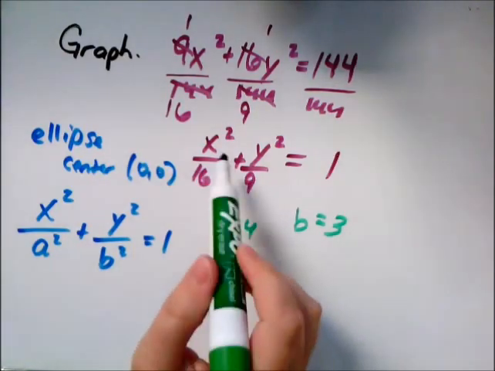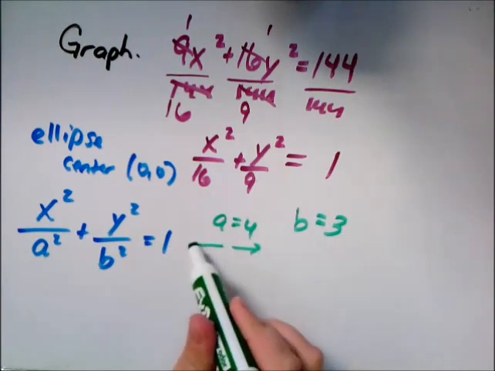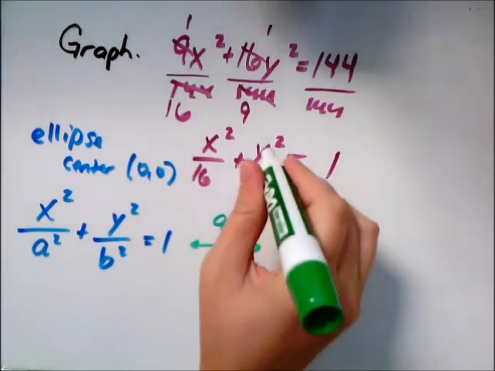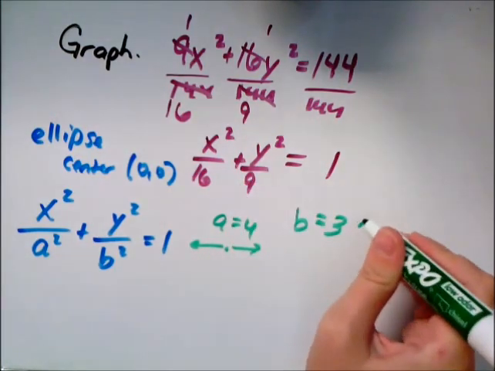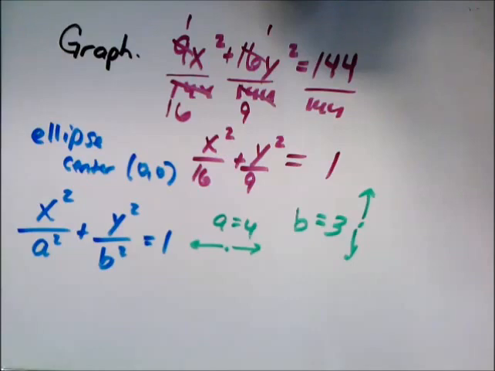The thing I try to remember about them is the one that's with x tells me how far to go back and forth from the center, because x is a back and forth value, and the one that's under y tells me how far to go up and down from the center. So in this one, I know the center is 0, 0. So if I want to go graph it,